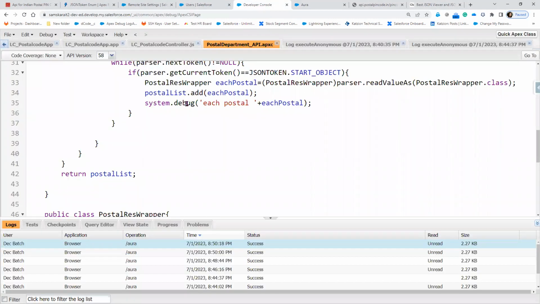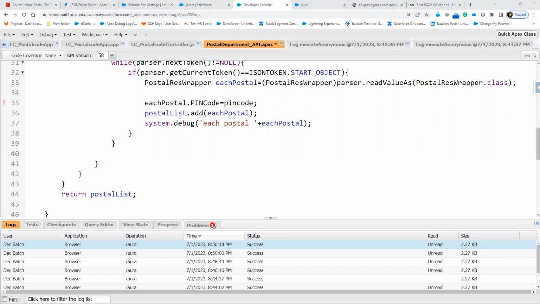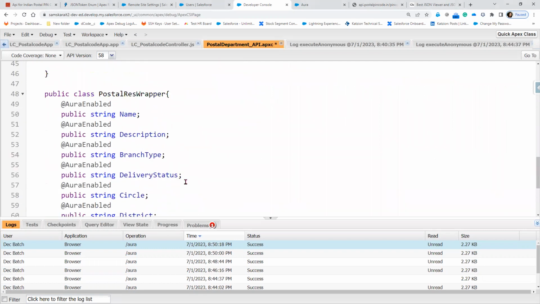So let's go to the debug here, the Apex class. Along with this information, whatever I'm adding here, what I'll do is I'll add each postal code dot PIN code. PIN code equal to whatever the PIN code is there, I'm going to add the PIN code. And in the wrapper class also, I need to add a PIN code. Now here it is going to give me the error because this is not available